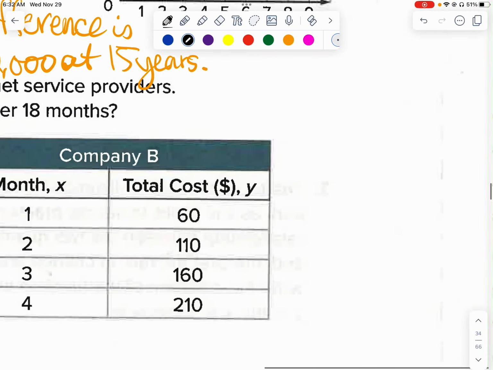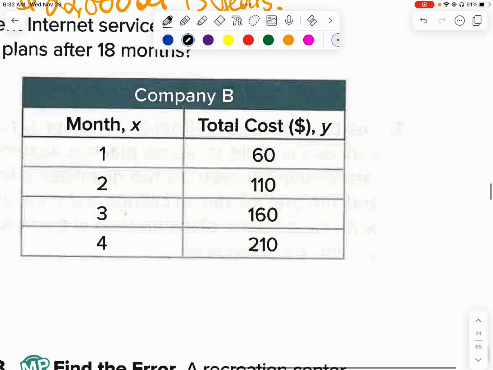Okay, then my equation of the line over here. So this is going up by 50 on this side and 1